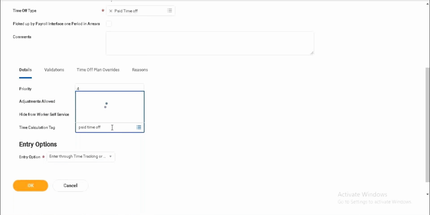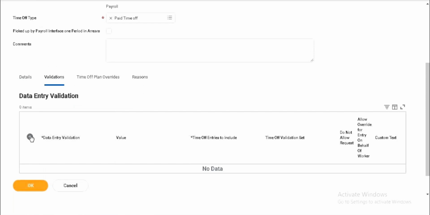So this time calculation tag, why we use it: under the time tracking, if you are applying for any paid time off or something, then it should calculate how many hours you have taken, right? So for that we are specifying this time calculation tag over here. Okay. So under validations,